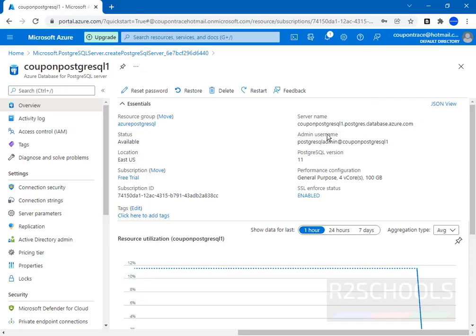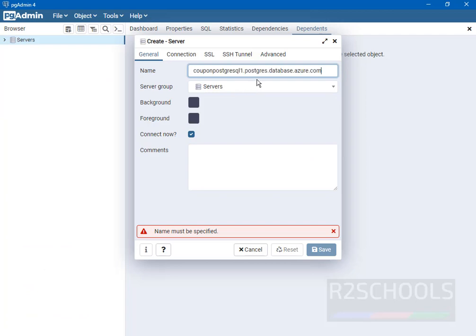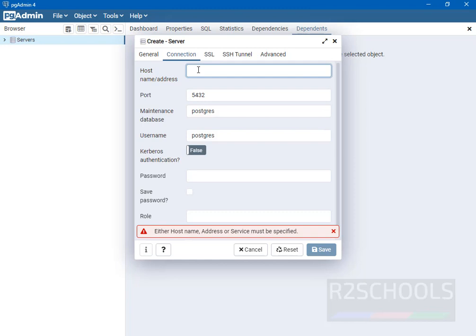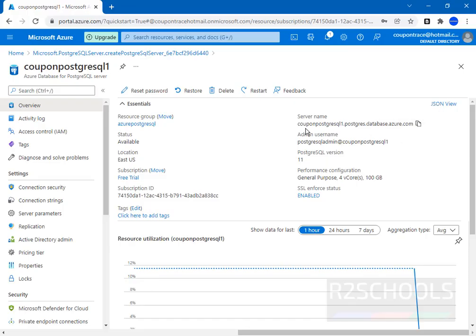Go to the Azure portal, see this is the server name. Copy it, paste it, but do not paste the entire one, just give the first part. This is the server name. Then go to the Connection tab. Here we have to provide the entire server address. See, I have copied this from the portal. See here, this is the server name. Just copy it and paste it in pgAdmin too.